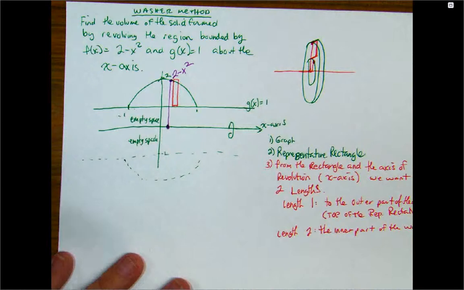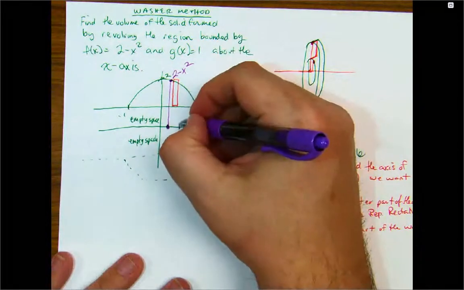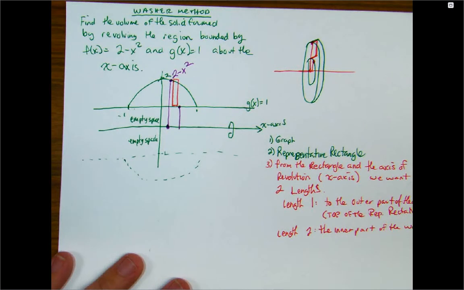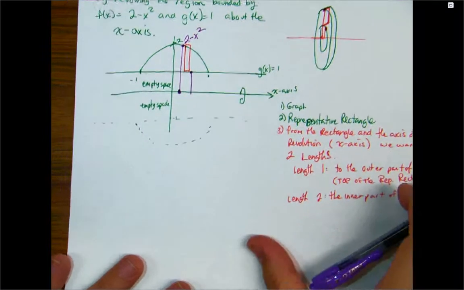Now, have you guys noticed a pattern yet with finding areas between curves and areas with known cross sections and anything that has to do with a representative rectangle? Have you noticed the pattern of figuring out the top and the bottom? So what's the distance between